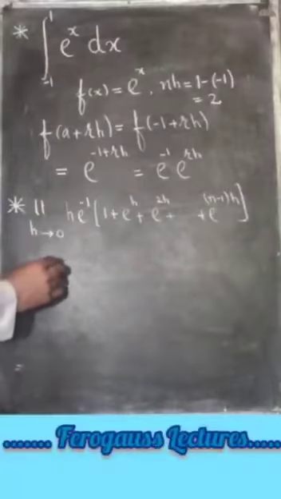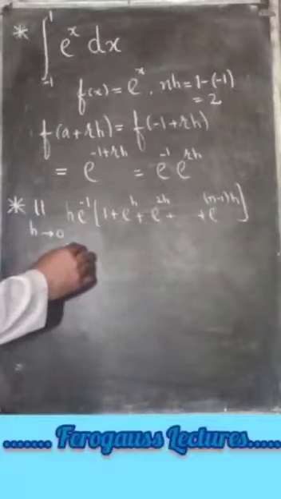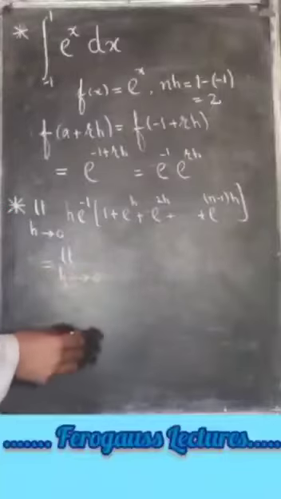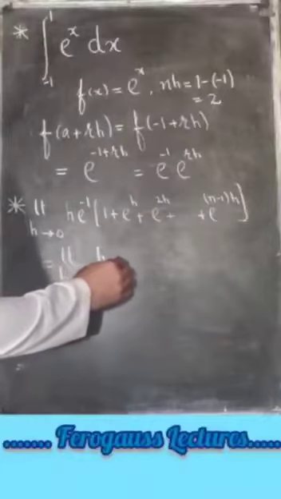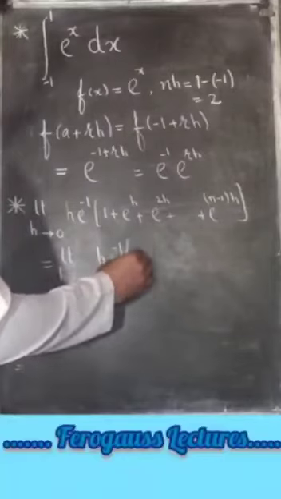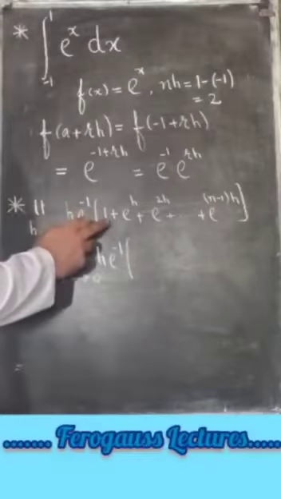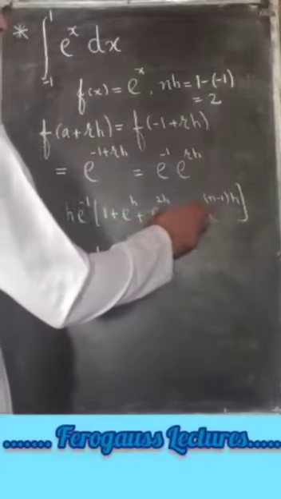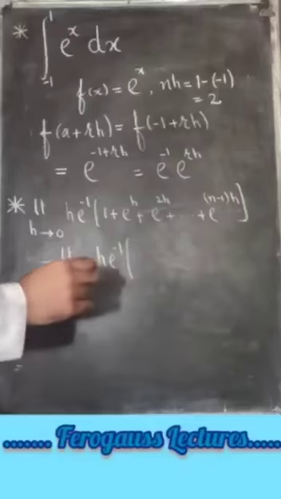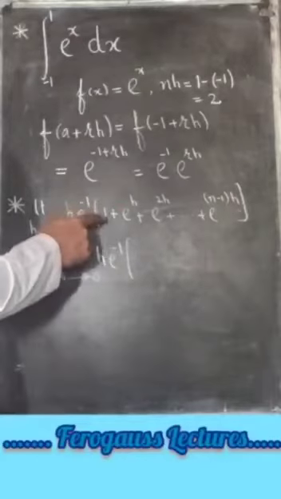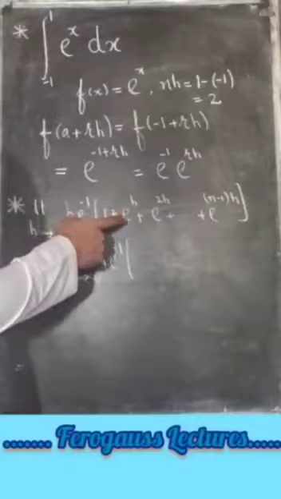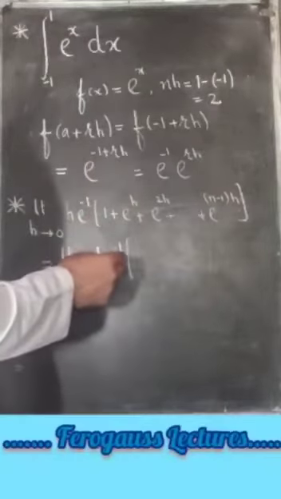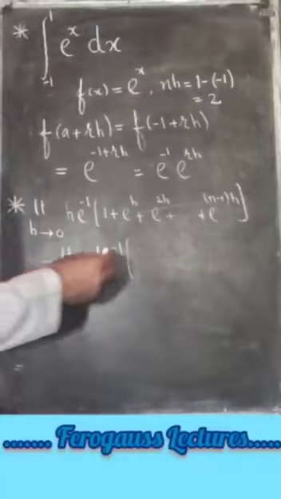Now, this is further equal to limit h tends to 0 h times e raised to power minus 1. Now look here, we have 1 plus e raised to power h plus e raised to power 2h plus so on plus e raised to power n minus 1 h. This forms a geometric progression with first term equal to 1 and common ratio equal to e raised to power h. We know that the sum of n terms of a geometric progression is equal to first term,